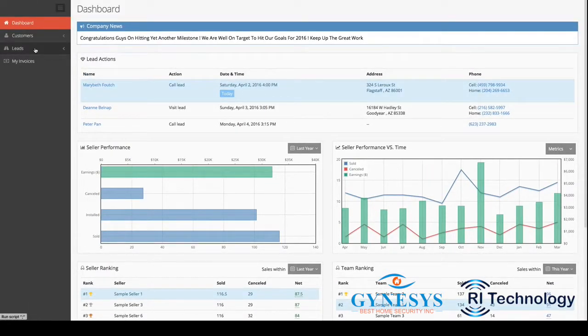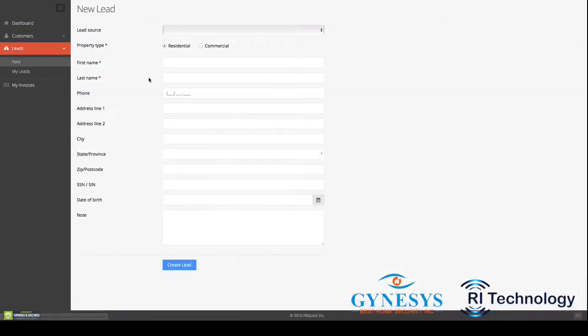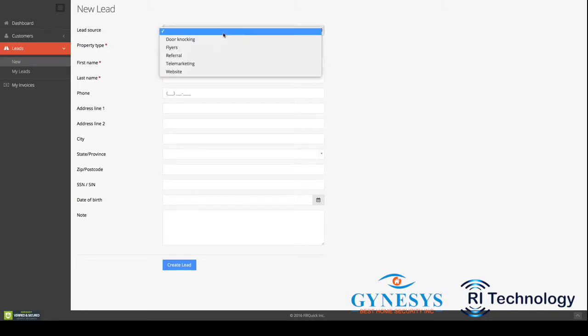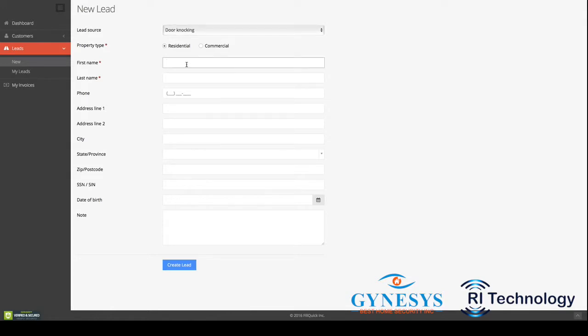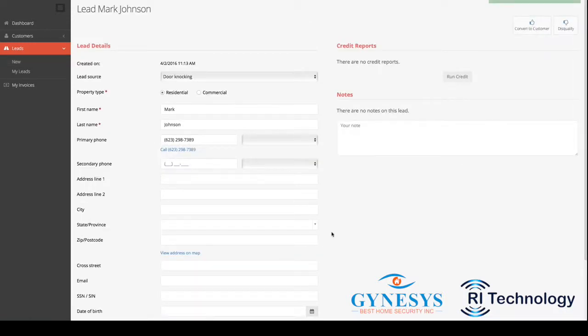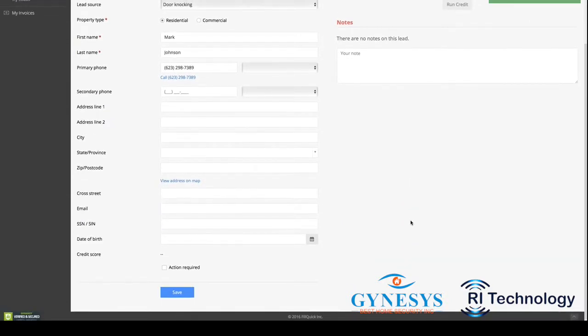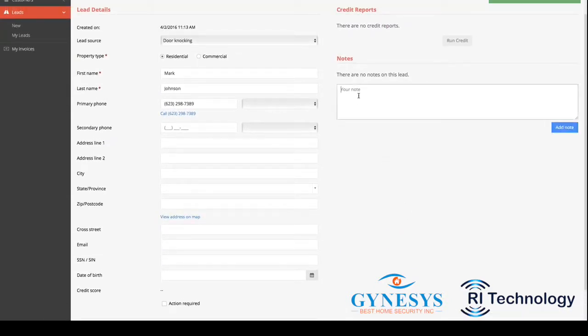Let's go into leads. As a salesperson, you can go in and create a brand new lead yourself. So I only as a salesperson will see my lead and everything that's associated with me. Say I'm knocking on a door and I actually have a brand new customer named Mark Johnson. Let's type this in, Mark Johnson. And I'm talking to Mark Johnson at the door and he gives me his phone number. And he says, yeah, no problem. It seems interesting. I'm just busy right now. I was looking into an alarm system,